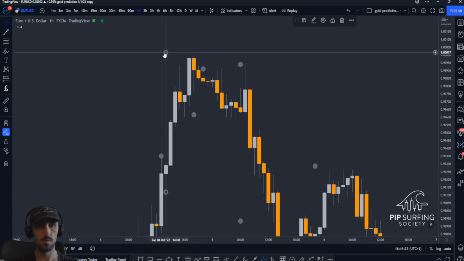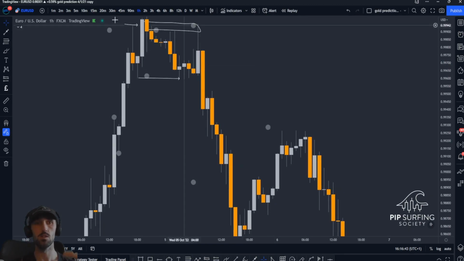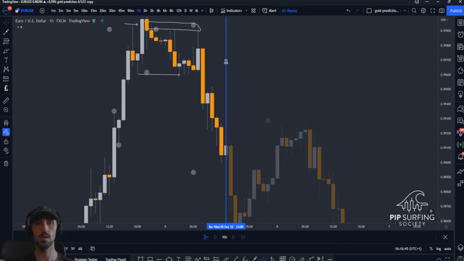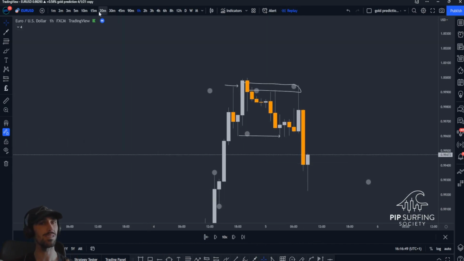Price runs higher. Do you remember what I said just before we came down? I said this is probably taking the liquidity off of something else. That's the high it took the liquidity off. It then comes down, breaks the structure. What does it do? Pulls back to the area that caused the break, runs down, creating a new low. Beautiful. Again, super easy to understand, giving you a nice, easy way of working your way into